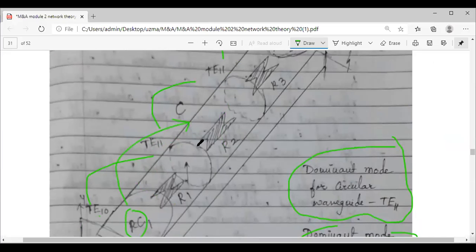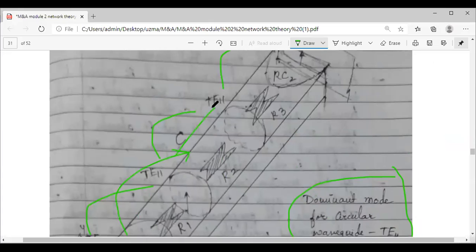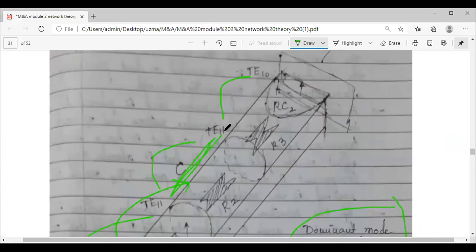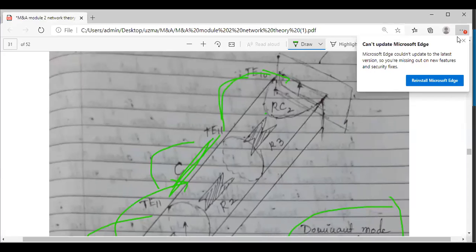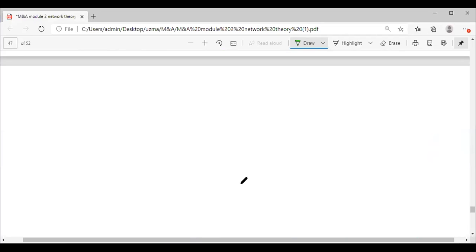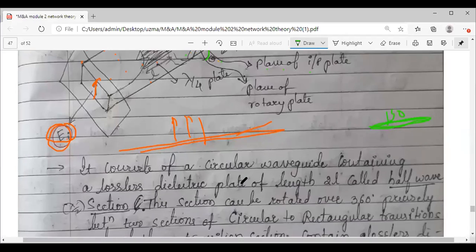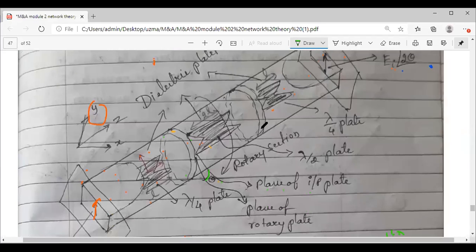to the circular section. Then after this circular section, when it reaches the transition section, again the mode gets converted. So the mode conversion occurs. You know about this already, about the mode conversions. So is anything left out?